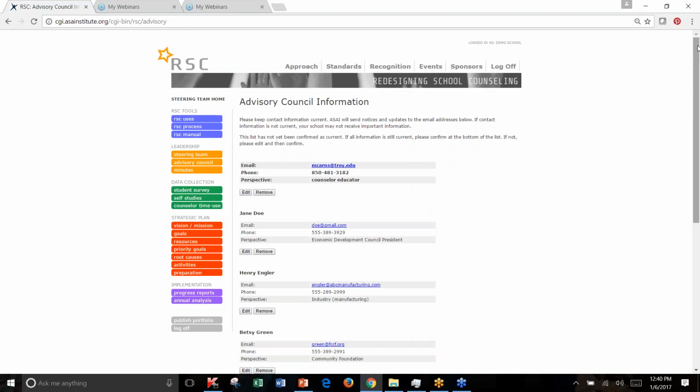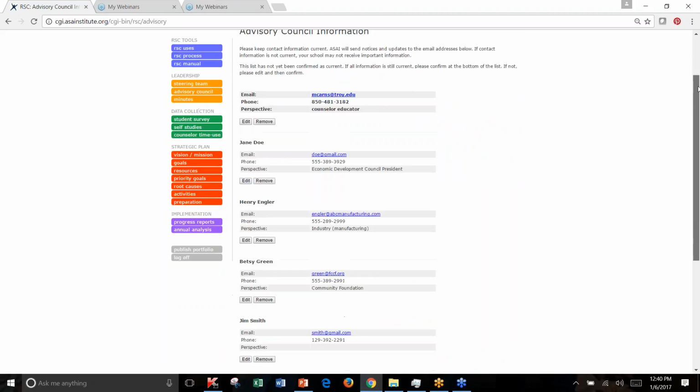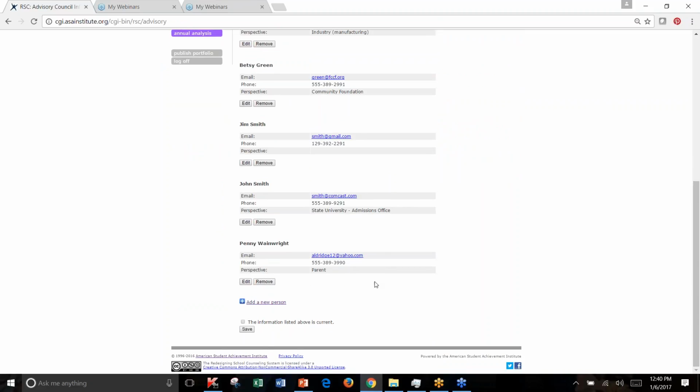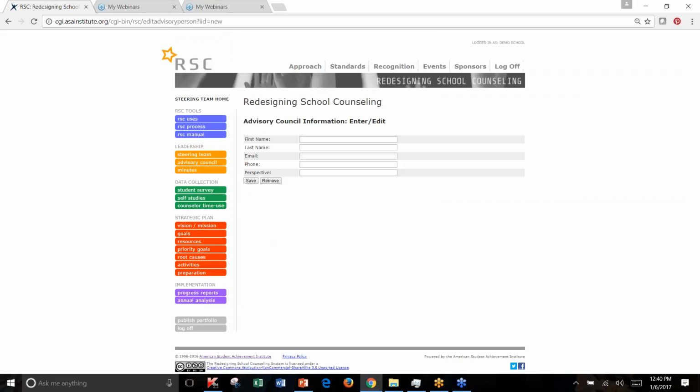And I've already entered some members because I wanted to be able to show you the next tool with them. But when you're ready to enter a member, in this case I'm going to scroll down to get past all the current members, add a new person, and I'm just going to put in that person's name, Jane Doe, her email address, doe@gmail.com, her phone number,